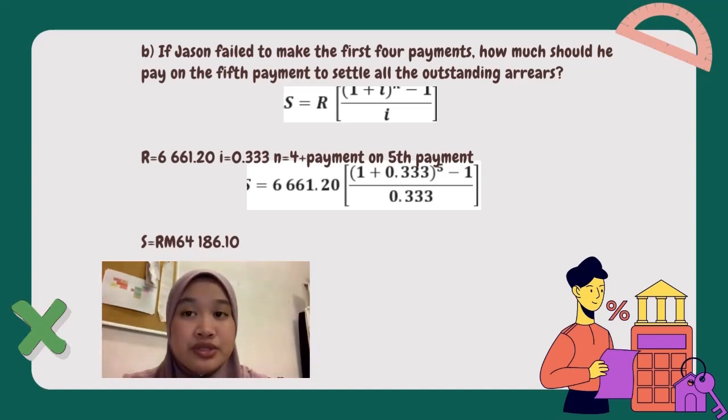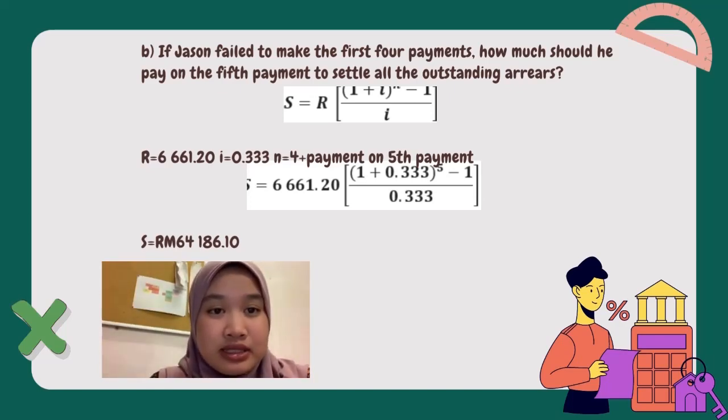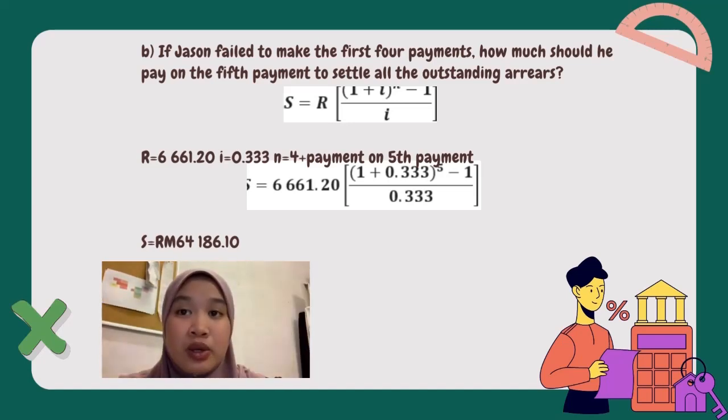I equal to 0.333, and N equal to the 4 missed payments plus the 5th payment, which is equal to 5. S equal to 6,661 20 cents in bracket 1 plus 0.333 power of 5 minus 1, divided by 0.333. So S equal to